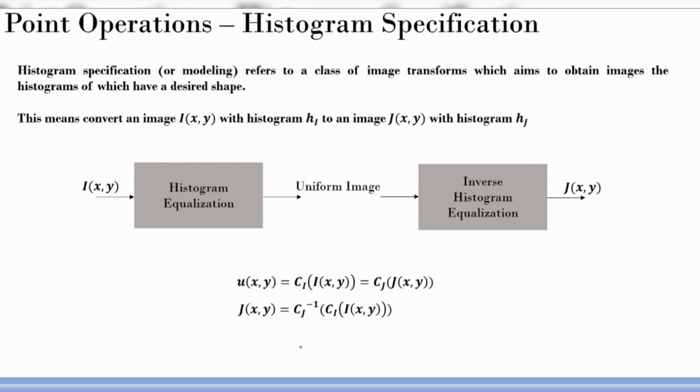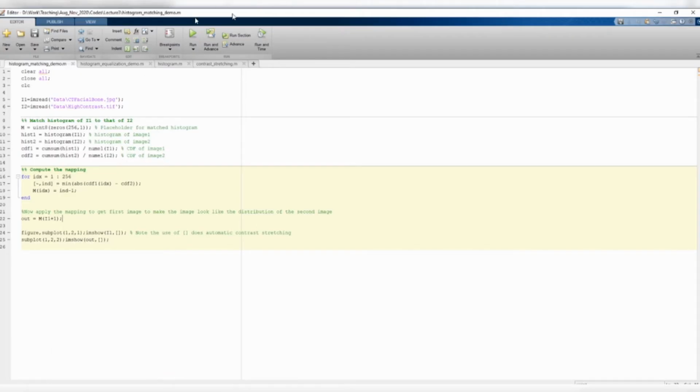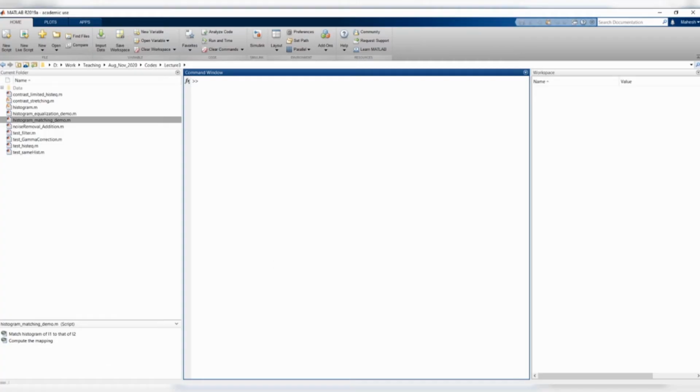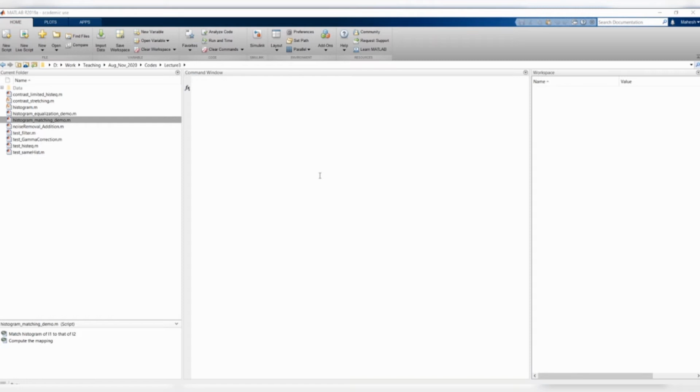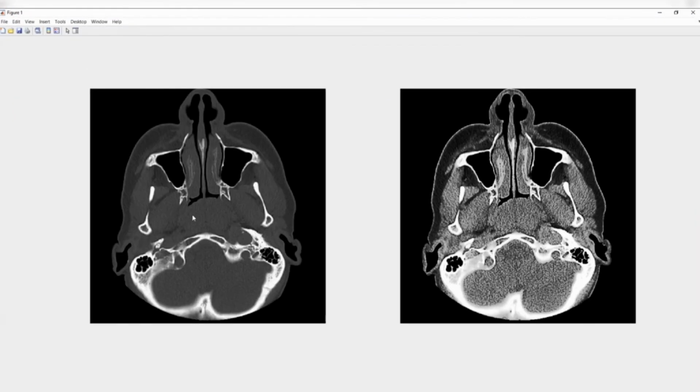So I will just quickly show you an example, but don't take it like we will discuss more in the hands-on session part. So let me just quickly run this. So here is an example. I have a CT image. If I take another image which is having a different histogram and apply that histogram to this image, it looks like this, and is it not really good because you are able to see the texture in between which was not visible in this image.